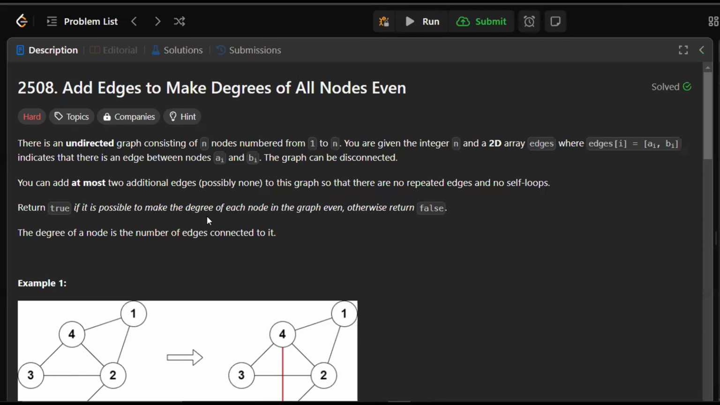Hello everyone, welcome to the solution of LeetCode problem 2508 named Add Edges to Make Degrees of All Nodes Even. In this problem, we are given an undirected graph consisting of n nodes numbered from 1 to n. Now, you are given the integer n and a two-dimensional array where each array element contains two integers a and b. This indicates that there is an undirected edge between the nodes a and b, and the graph can